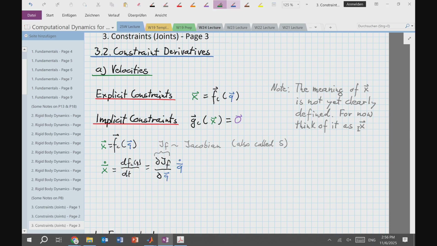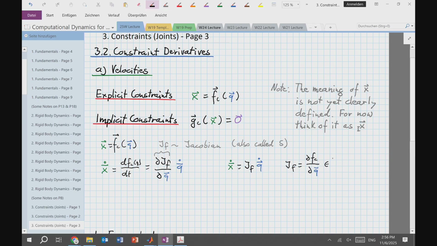And with this constraint Jacobian, I can write a linear relationship between the velocities of my body and the velocities in the motion primitives. So x dot is simply J_f times q dot, where J_f is the partial derivative of my constraint function against my generalized coordinates q,